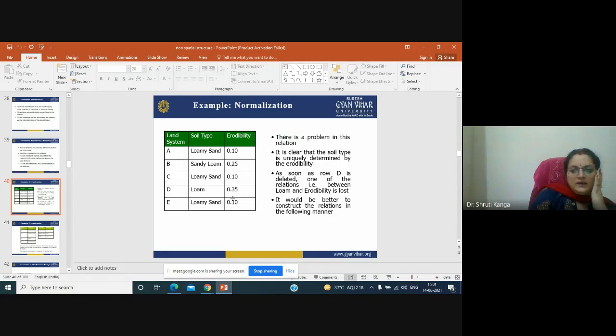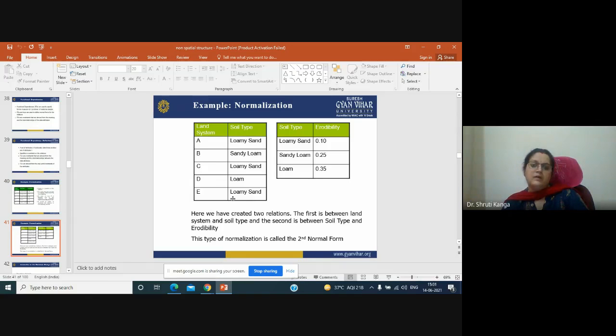It is clear that the soil type is uniquely determined by erodibility. As soon as row D is deleted, one of the relations, that is loam and erodibility, is lost. It would be better to construct the relation in the following manner.